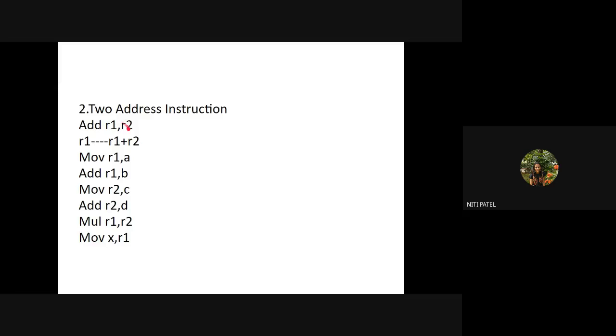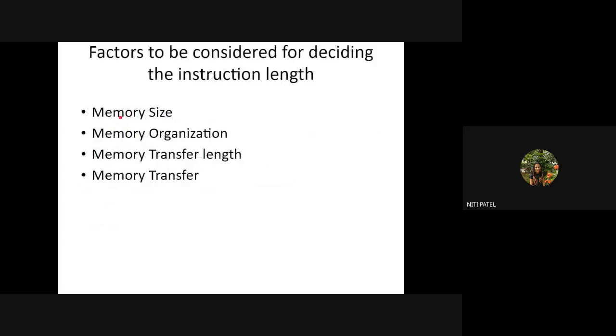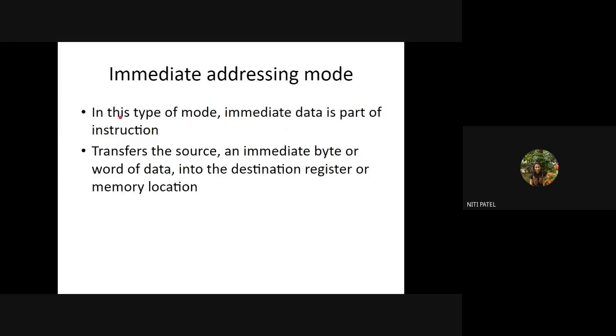But what are R1 and R2? They are registers. I have to go inside R1, take the value as 1, go into R2, take the value as 2, then add this 2 with 1 and store the result 3 in R1. So in this instruction, I have not passed the data, but I have passed the registers. When I pass data, I call it immediate addressing mode.